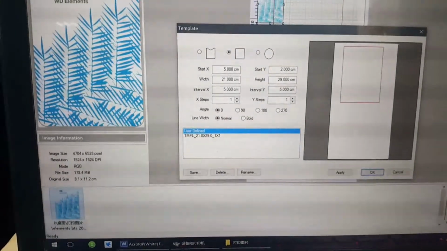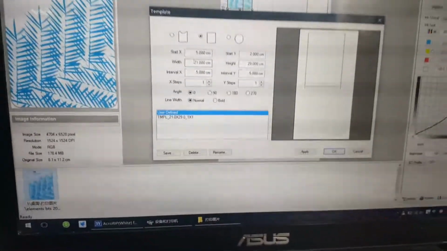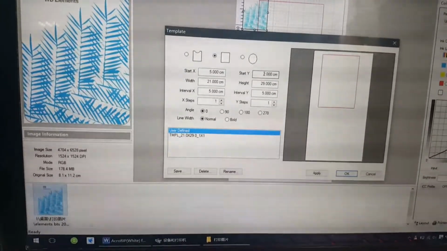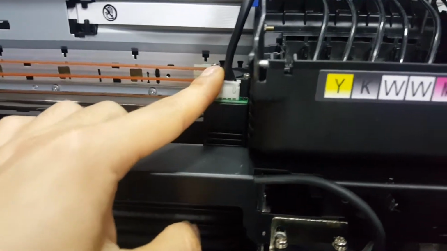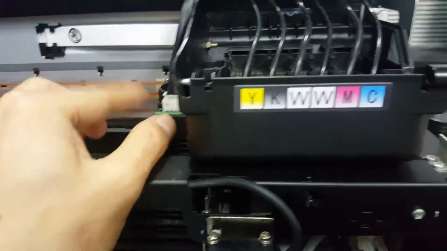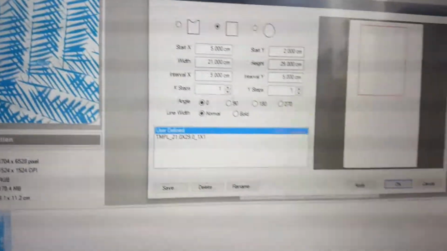We can set the template. For example, all the picture must start from X5 and Y by 2 centimeter, because we need to remove the sides of the UV light, because this position cannot be cured. So we need to minus the sides for the UV light. So we must minus by X5 and Y2 and click,